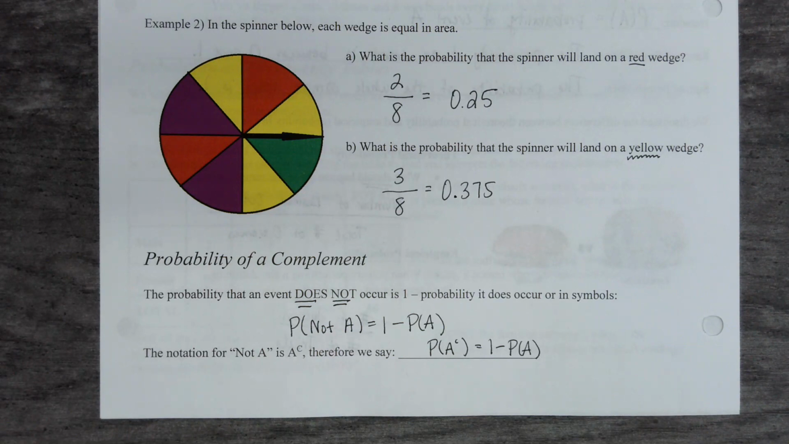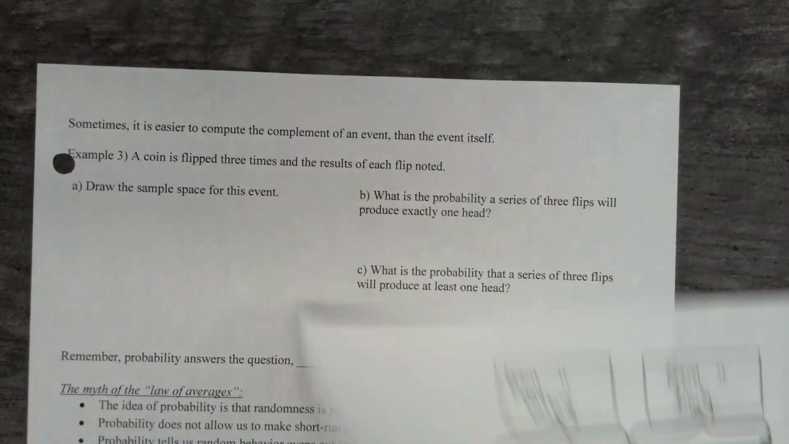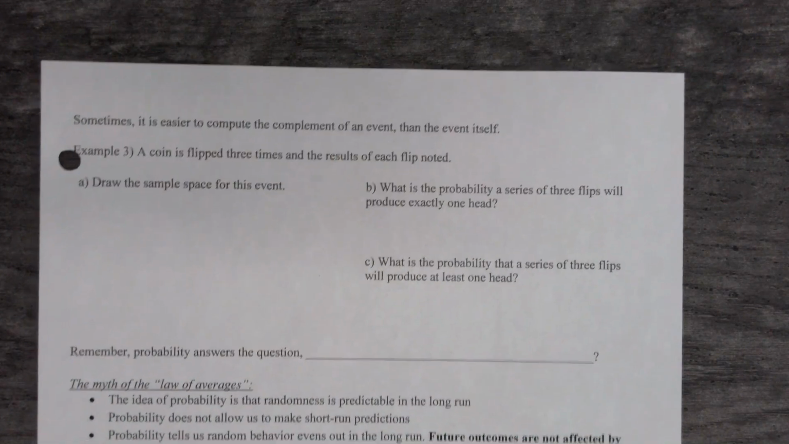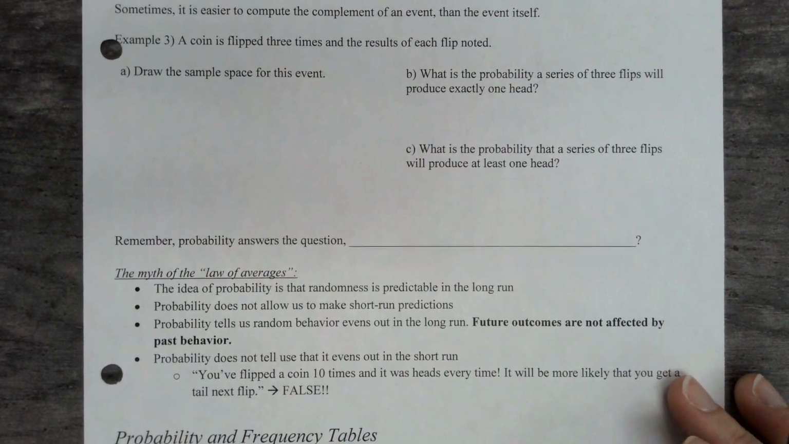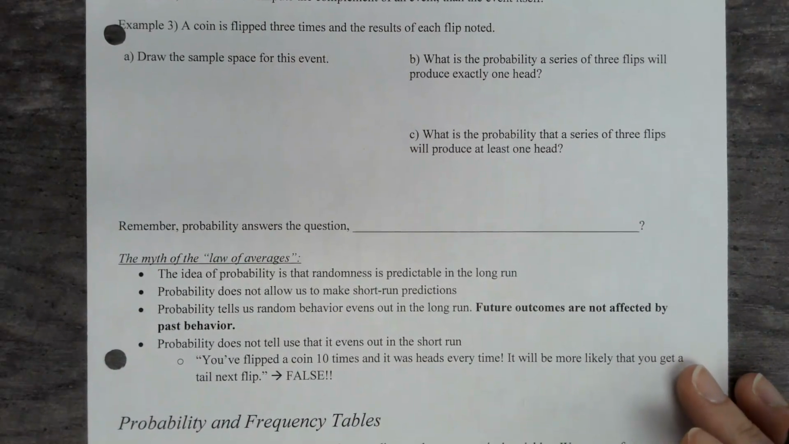And we're going to be utilizing the complement a lot of the times when we want something to not occur. Now, sometimes it's easier to compute the complement of an event than the event itself, but that's for a different time. So there's that little side note for yourself. So looking at your example